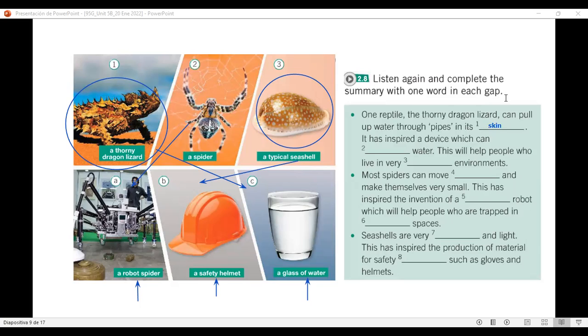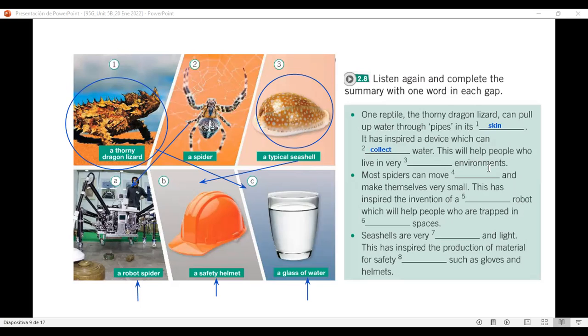It has inspired a device which can. Esto ha inspirado a crear un objeto que, ¿qué hace con el agua? Collect. Exactly, can collect water, right? This has inspired a device which can collect water.